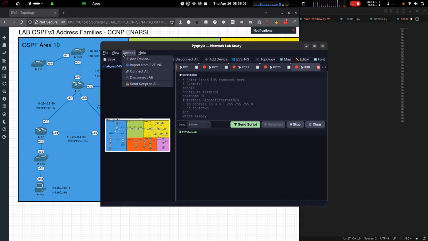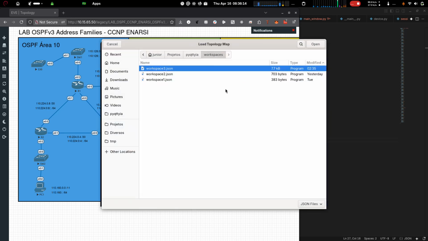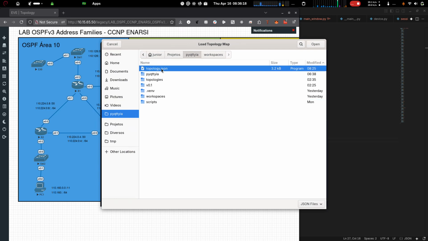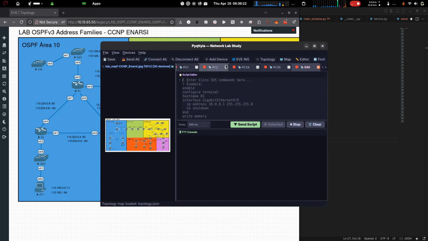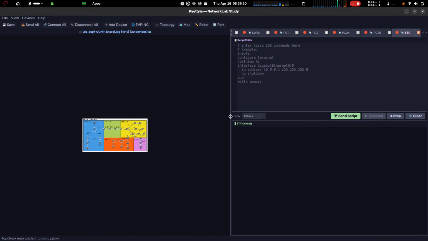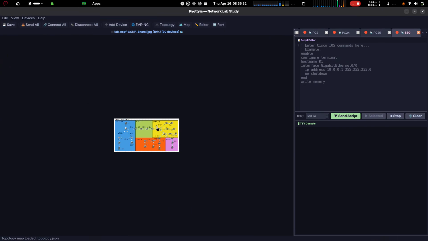Load topology map, so I load that file the AI gave me, this topology JSON that I saved here. I'll load this file. I'll zoom in on the image. So here you see, I'm already hovering the mouse over it, and I already see the reference to click on the equipment.